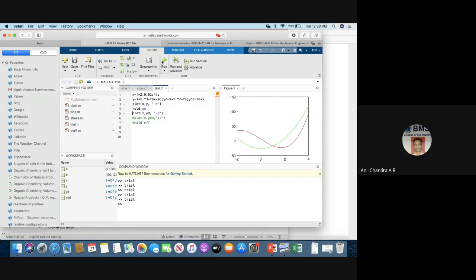You see, it plotted the other one. It will hold on. And then you are removing the hold, with hold off, for the program to continue. Now any other plots will override that. So I will share this command with you.